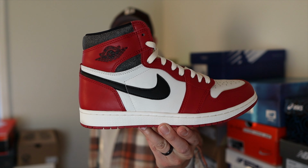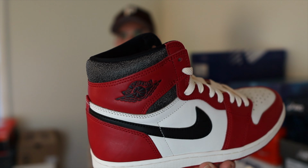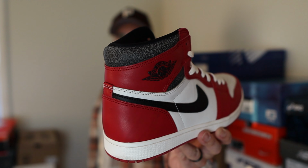Alright guys, so starting with the Retro 1 Chicago Lost and Found. First of all, the Retro 1 Chicago is my all-time favorite Jordan, probably my all-time favorite sneaker, guys. And I was so happy that Nike and Jordan released this version of the Retro 1 Chicago. Obviously, it's not the OG version of the Retro 1 Chicago because this one already has that pre-aged look. But honestly, I don't care because this sneaker still looks amazing and I'm so happy that Nike and